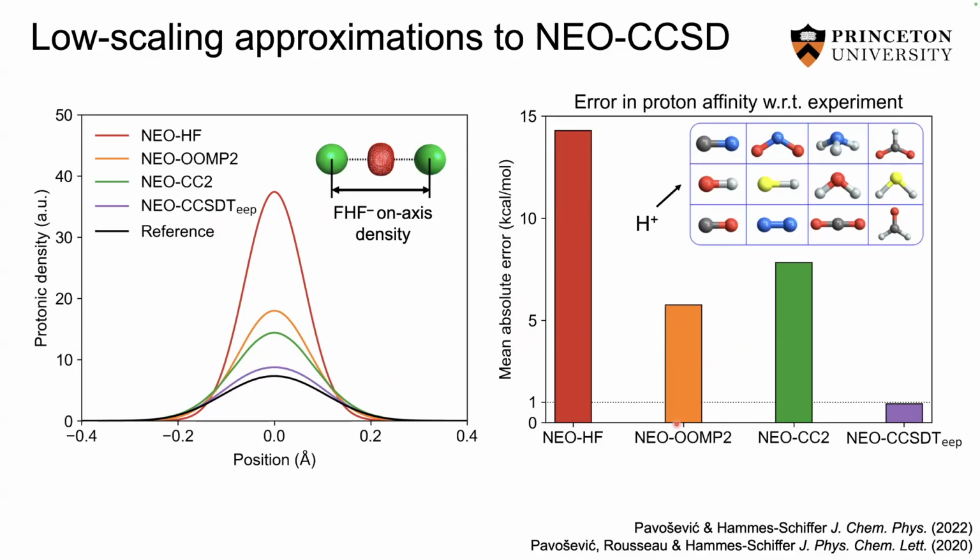And so the truncation of the correlation energy at the second order is really leaving a lot of the electron-proton correlation kind of on the table and not really capturing enough to accurately represent the 0-point energy of this added proton. And therefore, we're not getting anywhere close to chemical accuracy with these orbital optimized methods. However, just like in